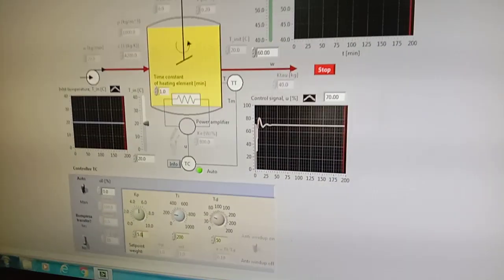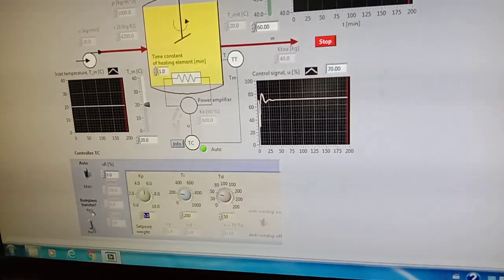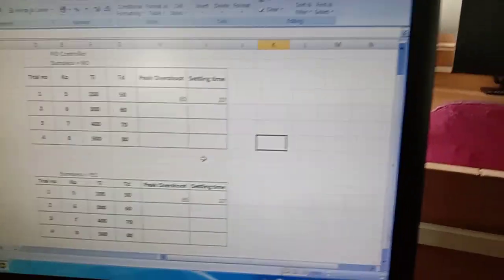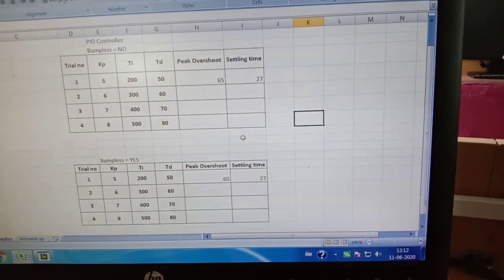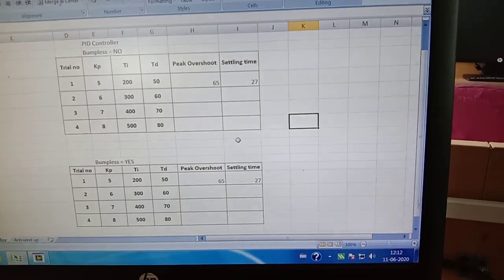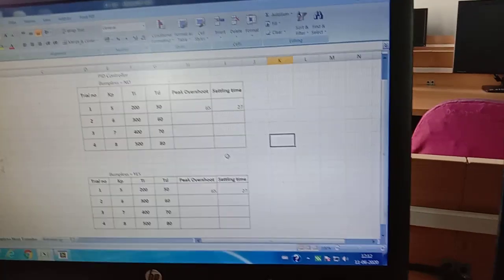Okay, so now we will change the values. I will set the KP value to 6, TI value to 300, and TD value to 60.